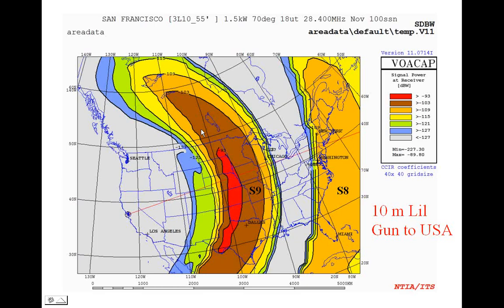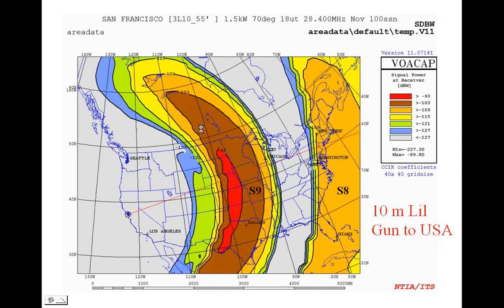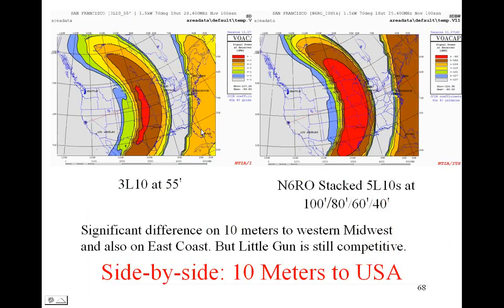10 meters, this is to the USA for the little gun, for N6RO, little gun, N6RO. Comparing them side by side, there's a significant difference on 10 meters to the western Midwest, but the little gun is still competitive. After all, an S9 level signal or S9 plus 10 level signal throughout the Midwest is not a bad signal at all